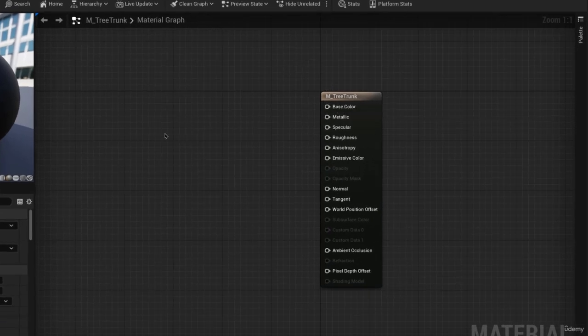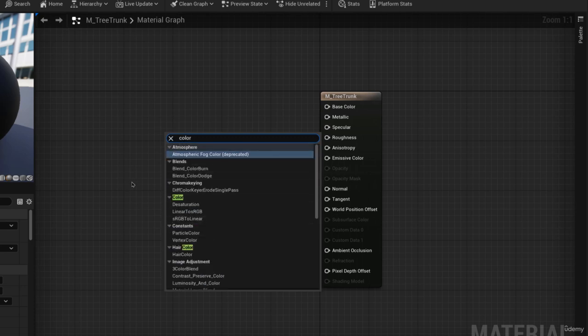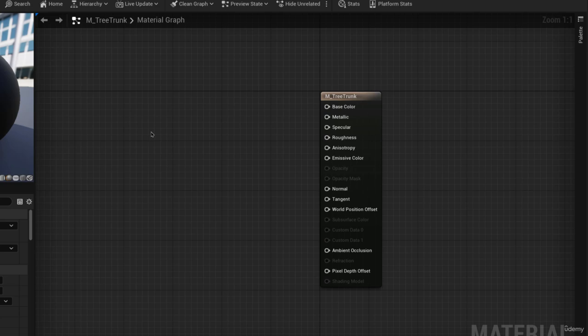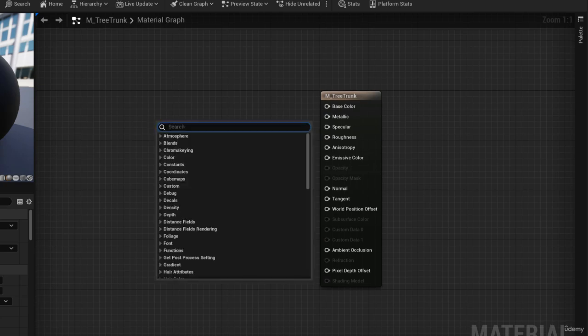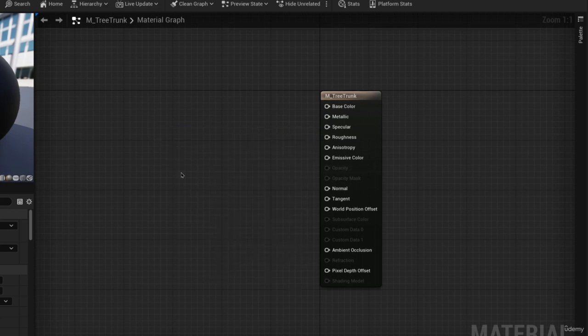Alright, now if I right click in here and I search for something like color, we will not get exactly what we want. Color is actually float values. So we have a red, green and blue, each one of those represented by a float. And because you have 3 floats for that, you can start to think, well, maybe that's a vector. We can right click and then we can search for vector 3, for example, and then we can left click